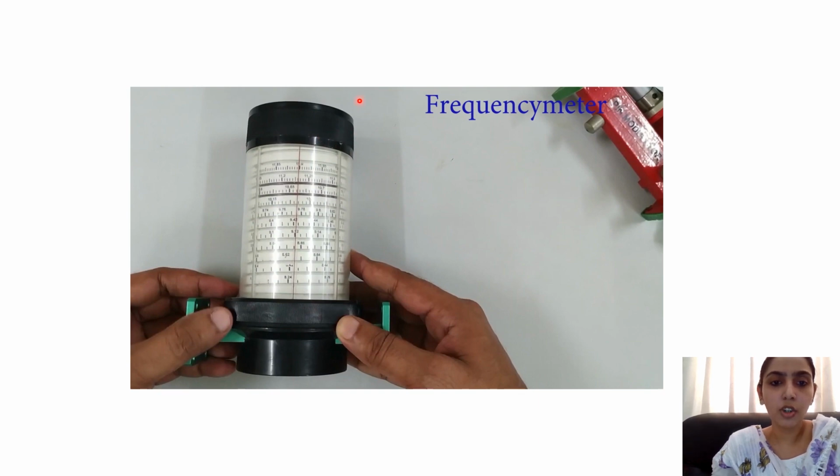When we rotate the top part clockwise, these two will be pushed upwards. We always have to take the reading in between these two lines, based on the division given. Suppose it is given, say, 10.5. This reading is 10.5 gigahertz, and it is taken in between these two lines. So when we get a deflection in the VSWR meter, at that point, with the frequency meter inserted in the microwave bench, we will be able to read the frequency.